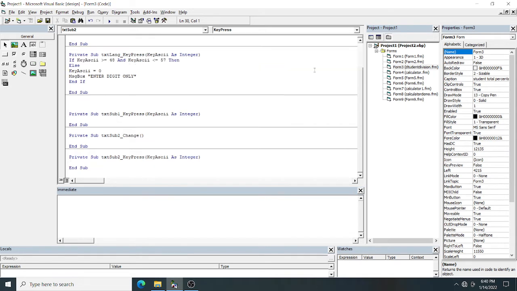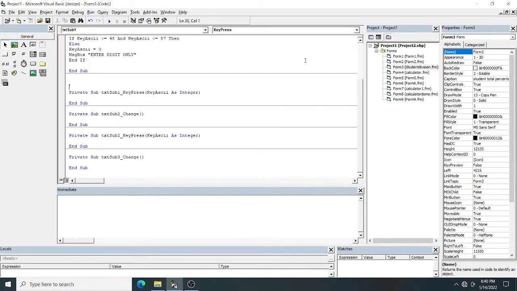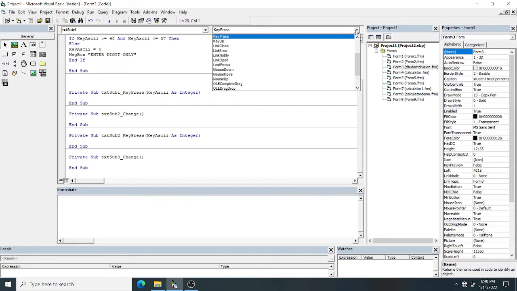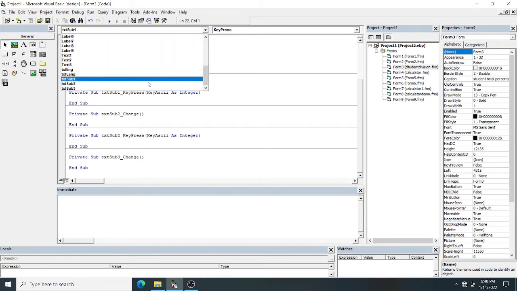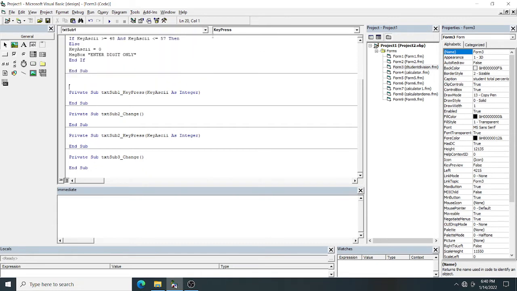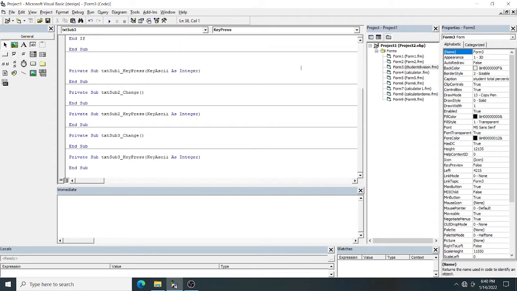Key press event. Go for subject 3 and give which event? Key press event. Okay, subject 3 came. Select subject 3. As I told you, I'm having a problem with my mouse. Okay, key press event is coming.